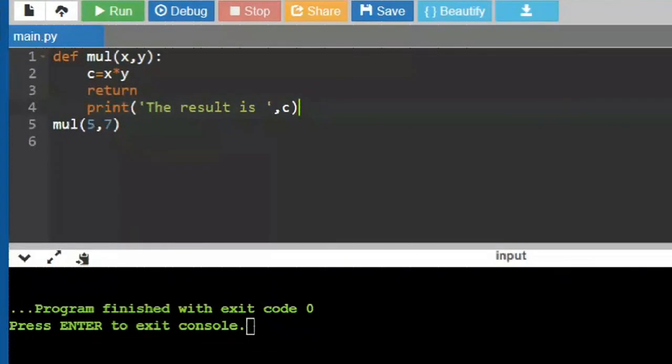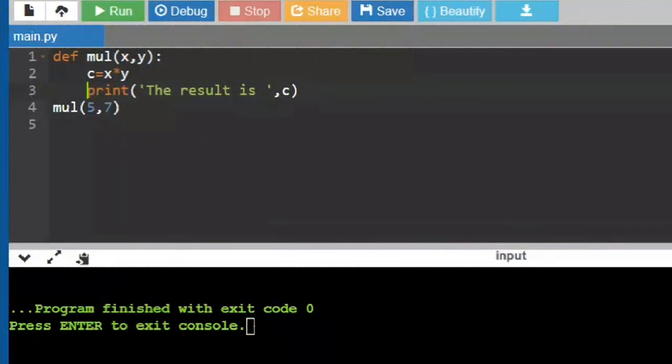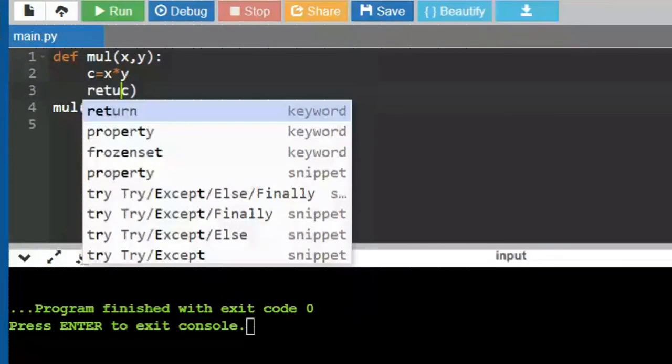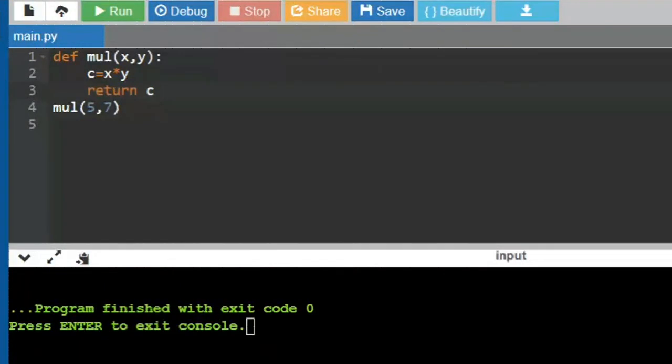Yes. Now let us see another program wherein I can make a function call inside the print statement. Say this function is written for me. I said return C, a function with a return value. And I can make a function call from within the print statement also. Because this is returning something, it will print the result on the screen. So I just made a function call.